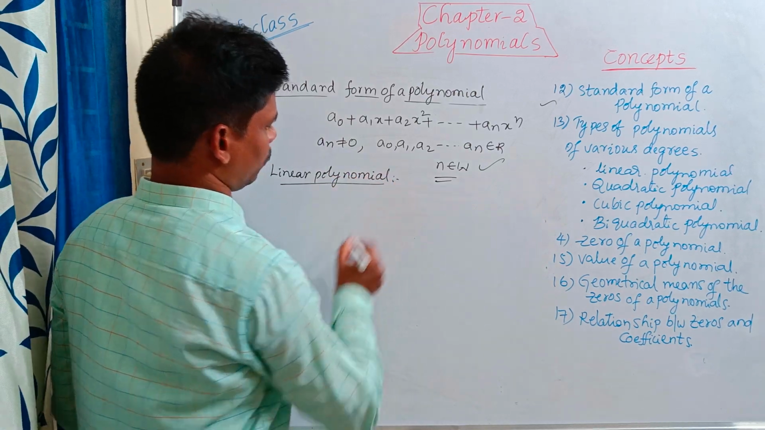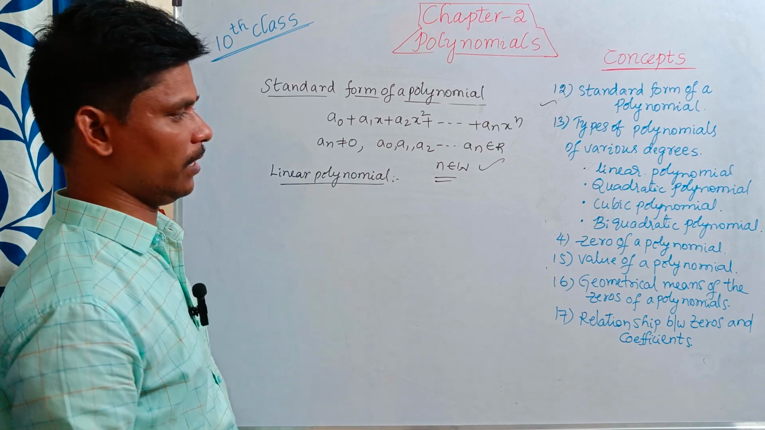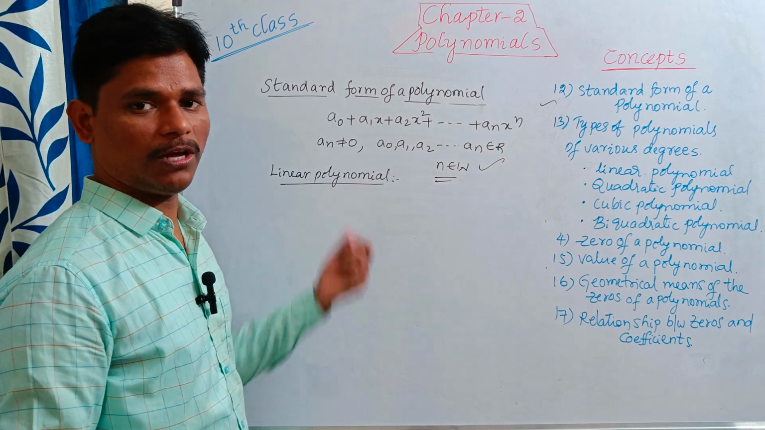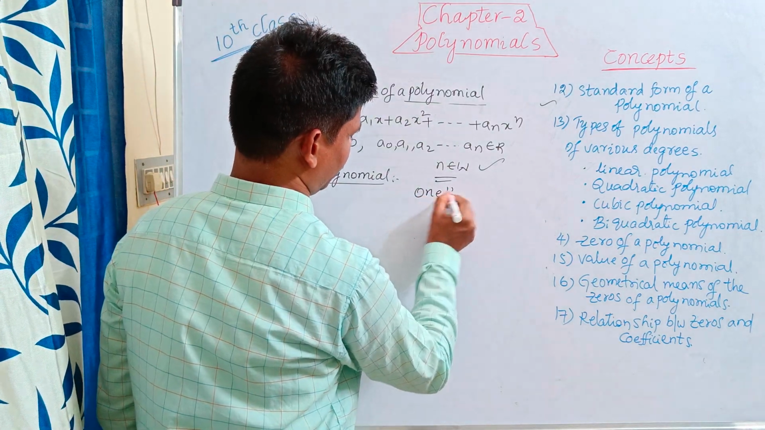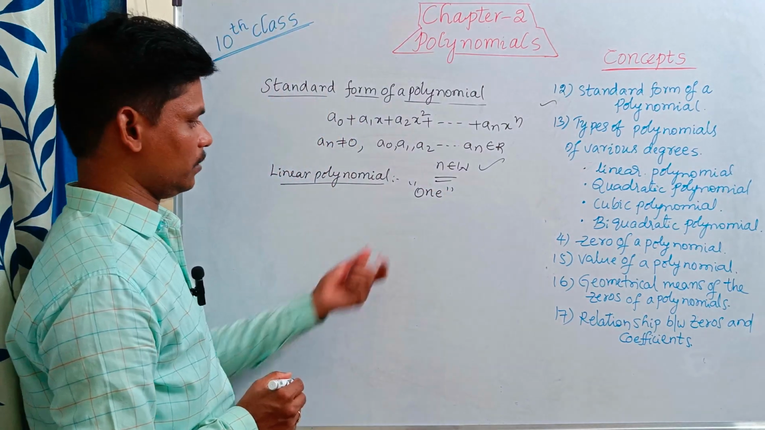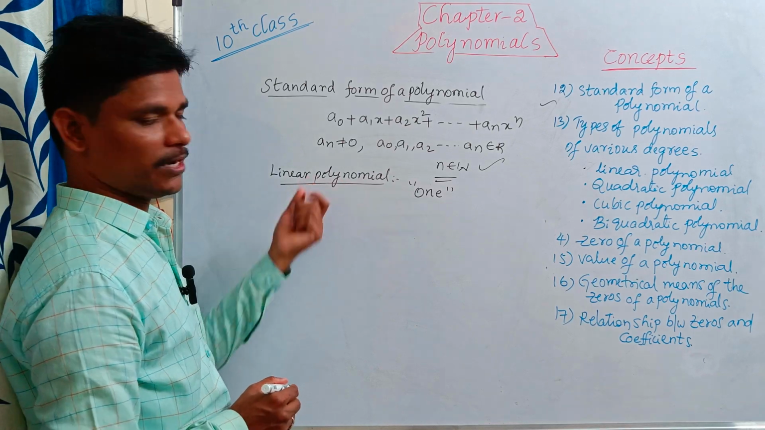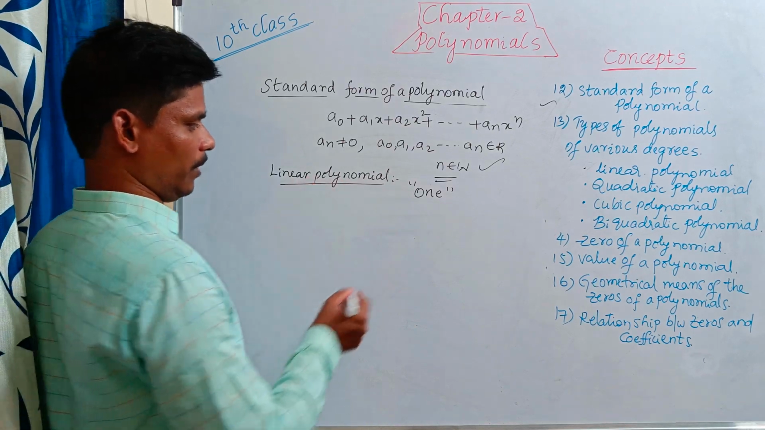What is a linear polynomial? If the polynomial has degree 1, then that polynomial is called a linear polynomial. For example,